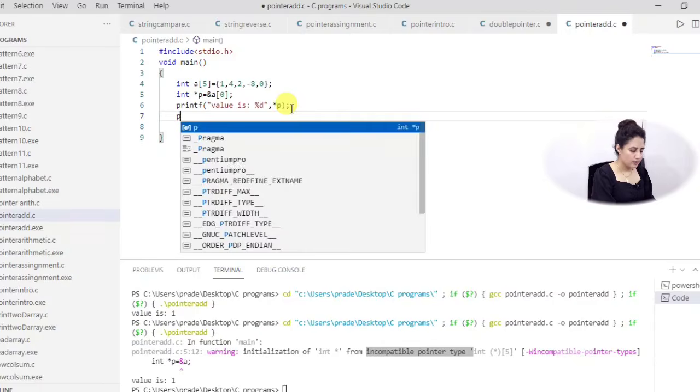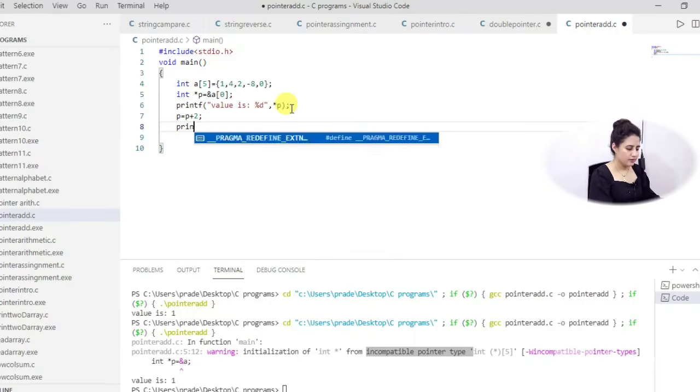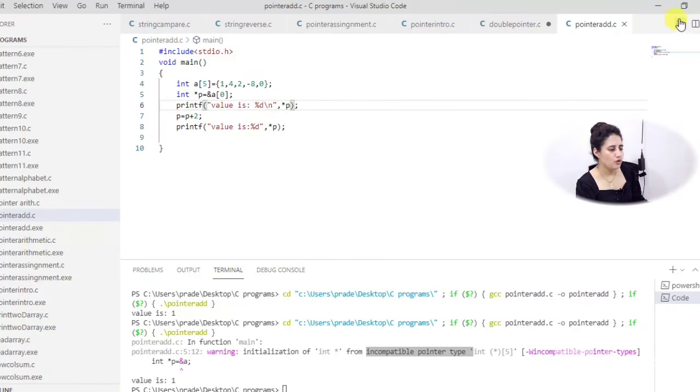So now suppose I am doing p plus 2, right? And after that I want to print. Now value is %d, and here I want to print asterisk p. Let me use first of all \n here, and see what it should print.